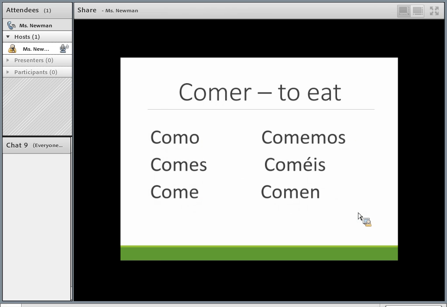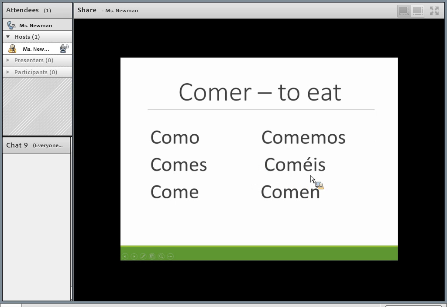Okay, let's look at another verb here, comer. Very common verb, right? A very important verb to know in Spanish. Comer means to eat. This ends in ER. So let's look at those endings here. Go ahead and repeat after me. Como, comes, come,